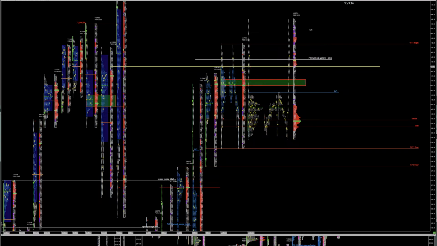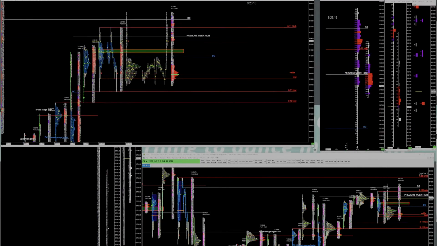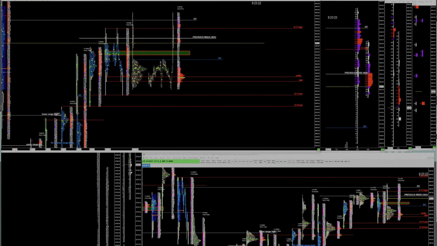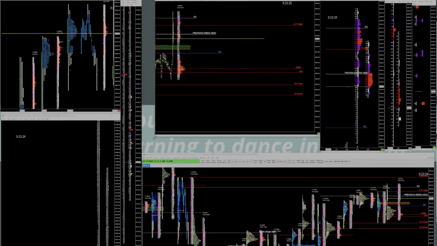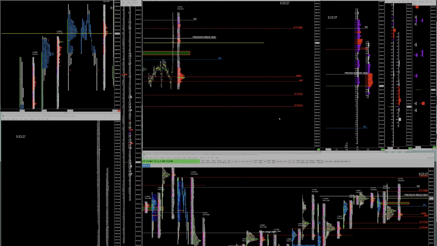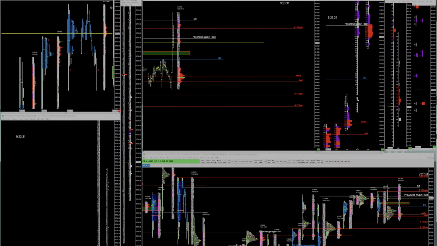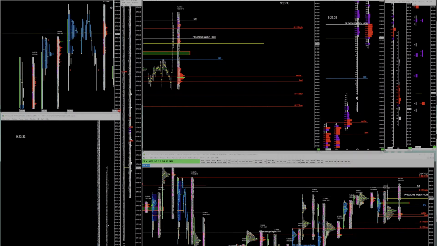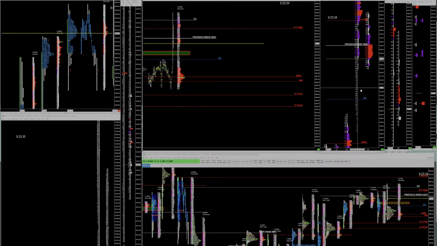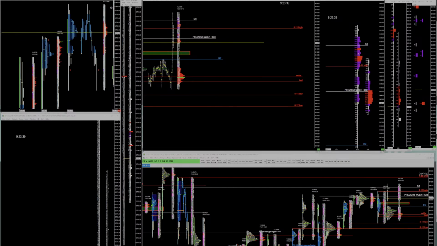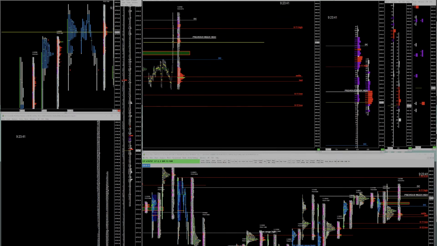Let's check the histograms for this overnight, for this 8:30 a.m. period. Okay, this is it. Look at what we have here. We have absolutely nothing here. Then we have some build up here, which makes me believe, right?